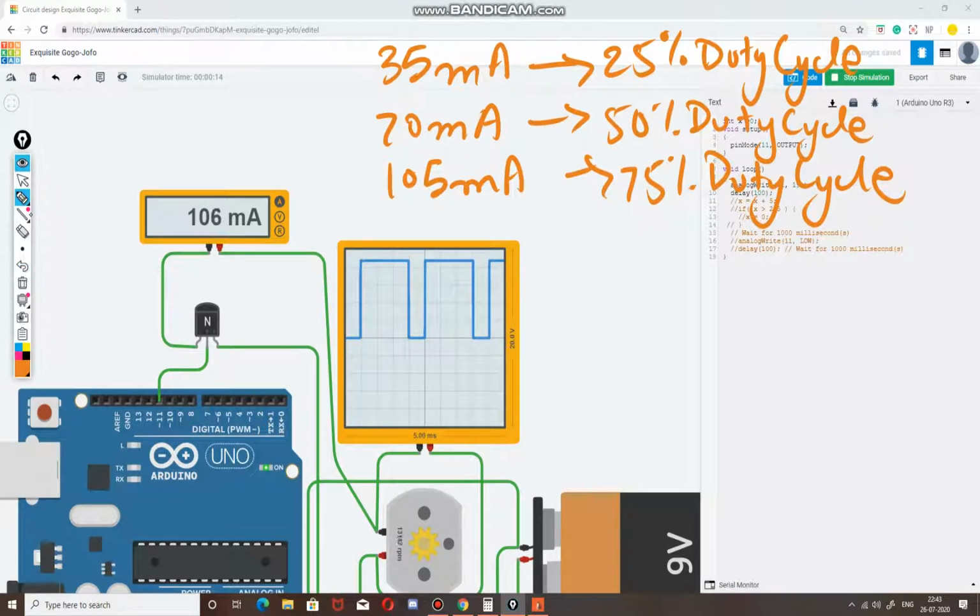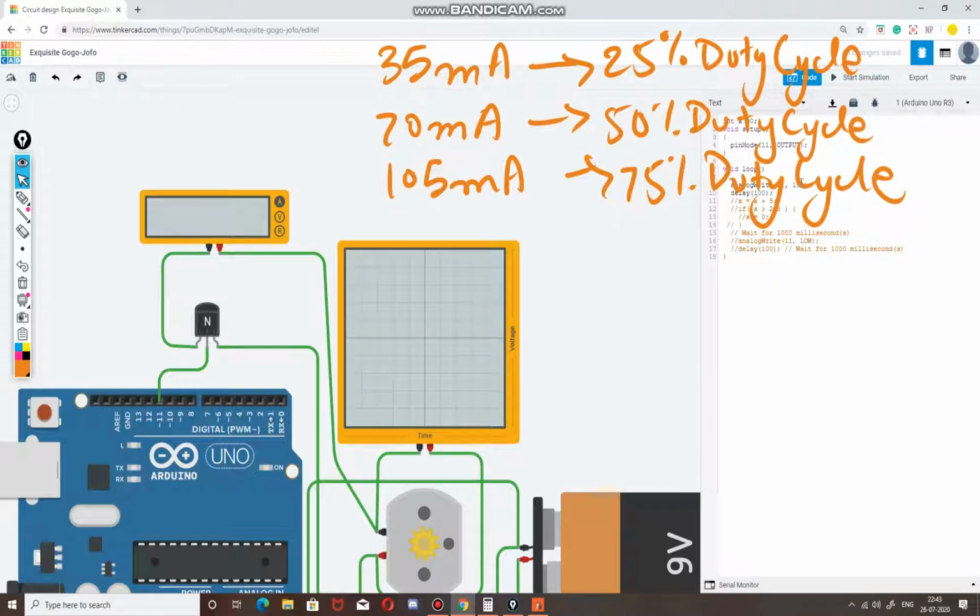And the last one we have is, sorry, this has become a bit messy. I can see here, the last one is the complete duty cycle, that is 100% duty cycle. It's 255.